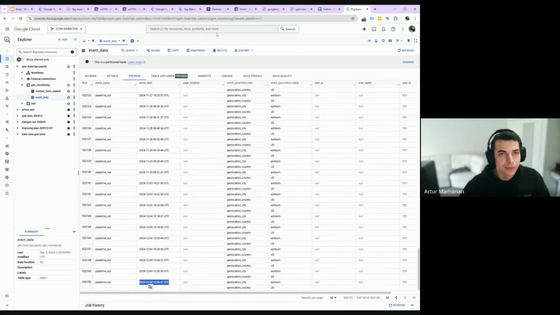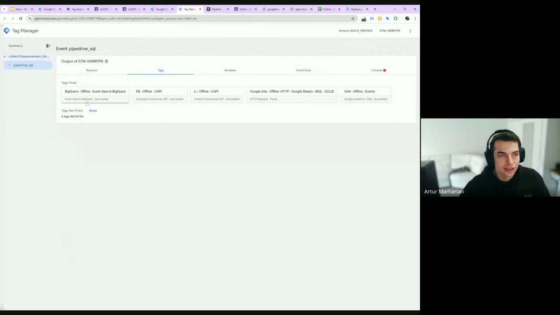But it is not. Something did not work well in this setup, but I see that it fired successfully. It happens, but for demonstration purposes, it's still fine to show you how you can consolidate or send only one request to your server side, and then from the server side you can dispatch this information to other destinations, GA4, LinkedIn, Facebook, and in essence you don't need to firstly rely on some third-party